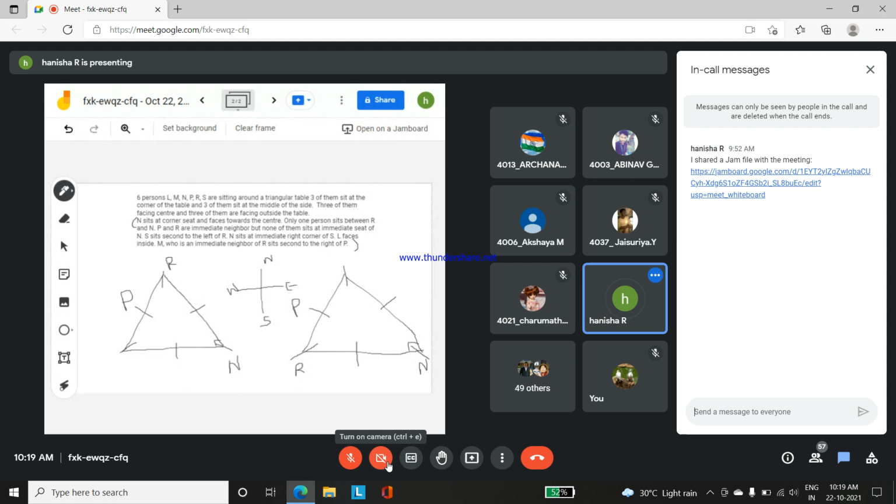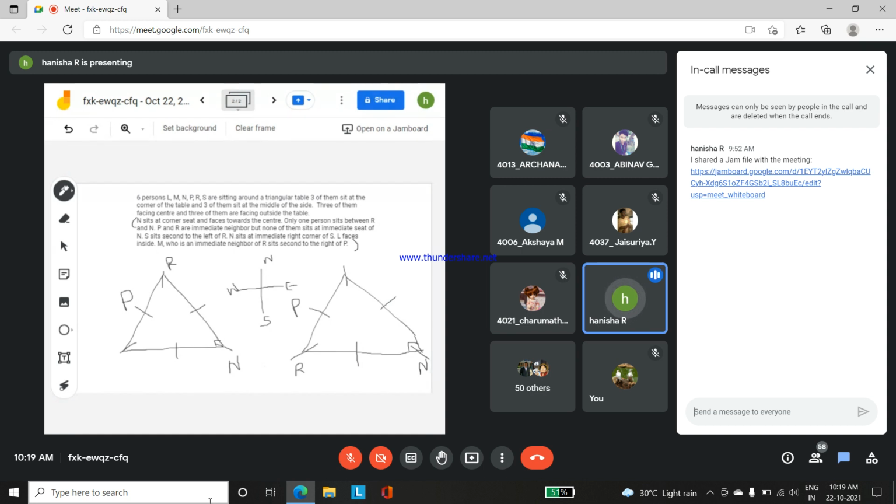Now if you look at it, you can see P and R are immediate neighbors. But no one is going to sit at the immediate side of him. That is very clear in both the cases. Okay, this is done. Now,